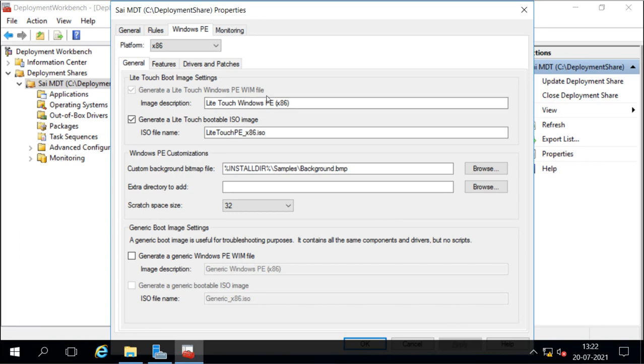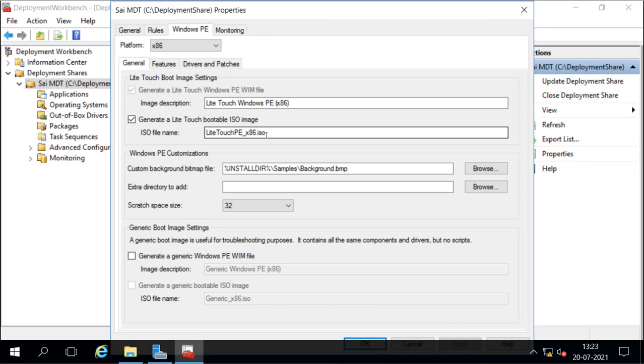Then it will also create this LiteTouch ISO file. It is a small file, and we can use it to boot the deployment machine. If we want to boot a machine with this deployment share, then we will boot that system by using this boot ISO file, which will give us the wizard to complete the deployment.